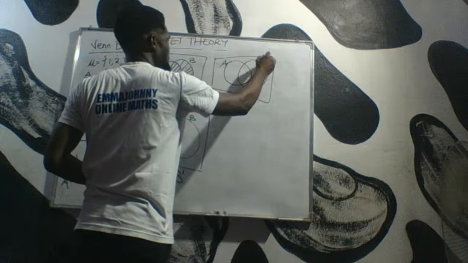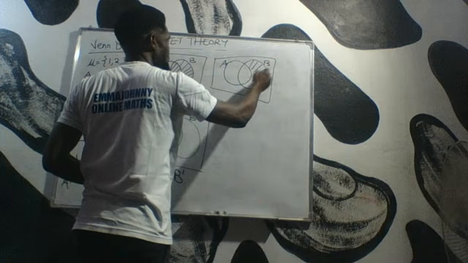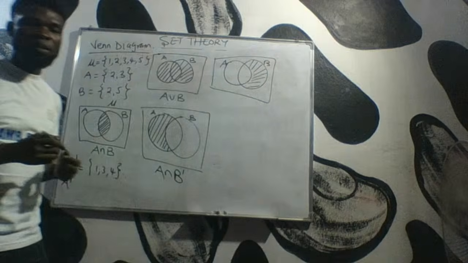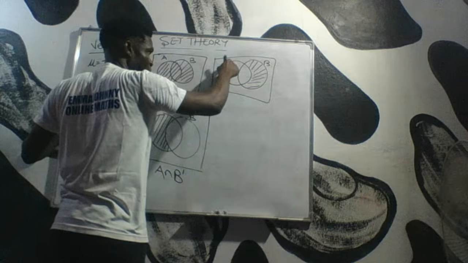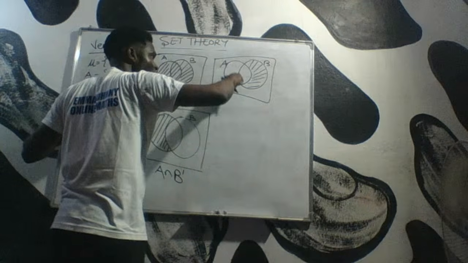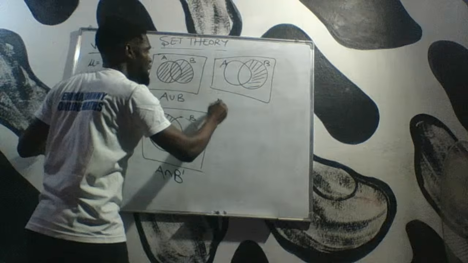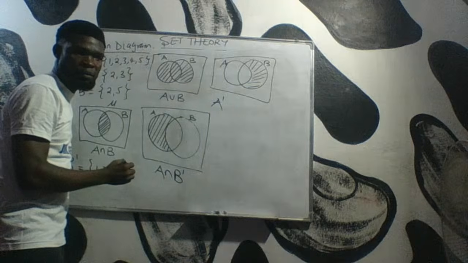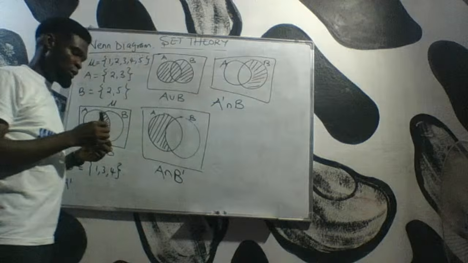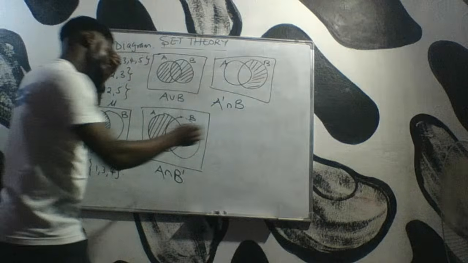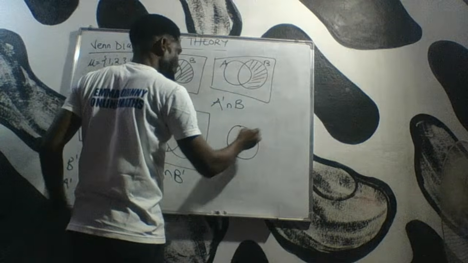so this is A and this is B, and I shade this point, that is where we have elements. So therefore this means there is no element in A. Now the elements that are not in A, where are they? They are in A complement, then intersection B. Of course, there are elements in B. Okay, so the similar thing here, if I have this